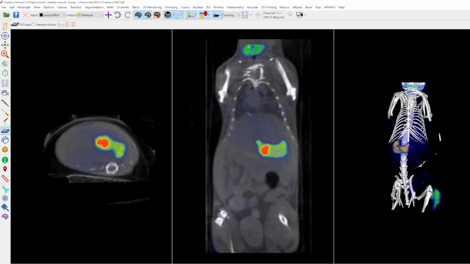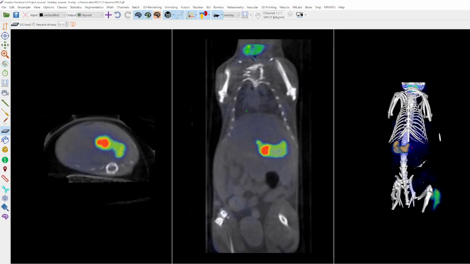And now the stomach is segmented. We can do it in the same way for the thyroid, so I will add a class thyroid. To perform the segmentation in a more robust way, I recommend to tick here to use percent of maximum. What it does is it walks to the local maximum, and then it uses 50% of the maximum intensity.